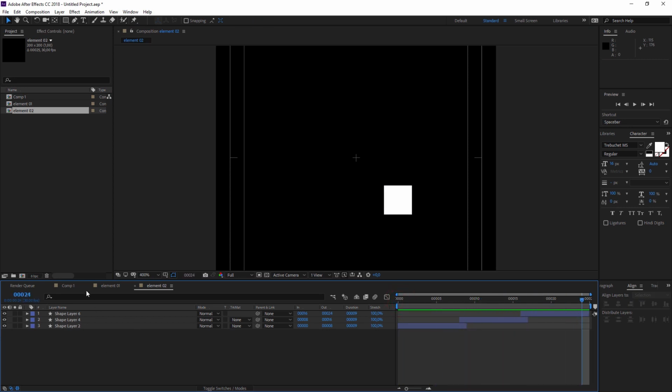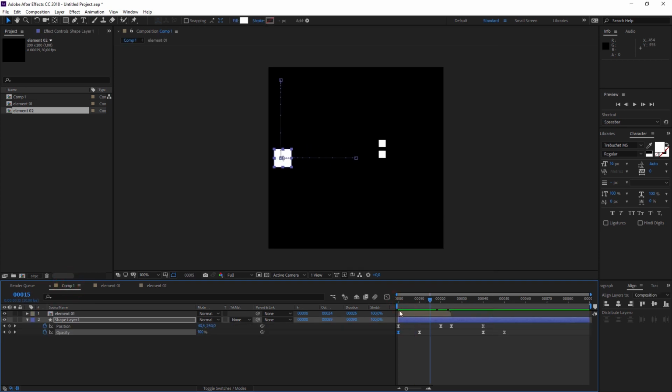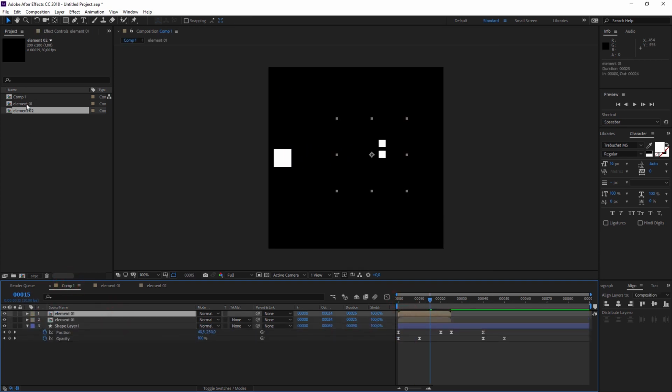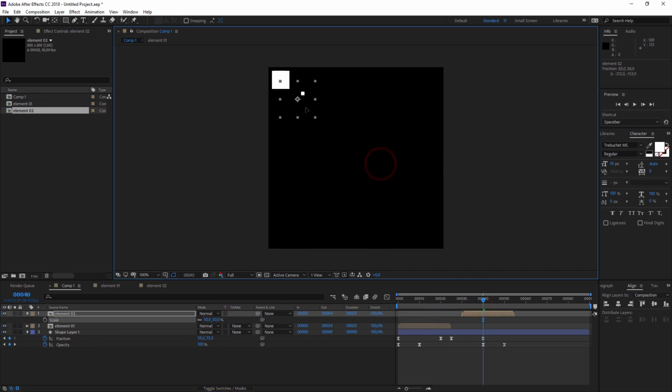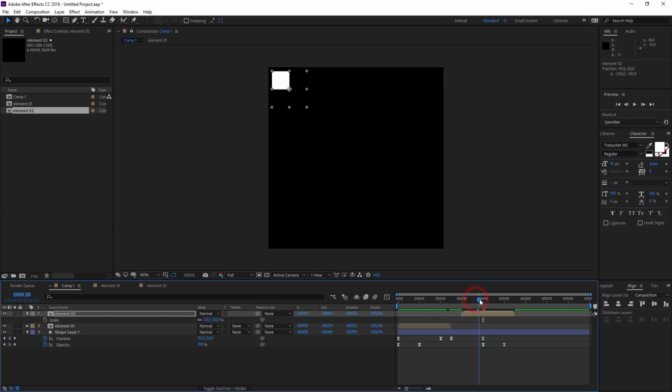Duplicate element, replace with holding Alt, scale this to 50, move it here, so we have this kind of animation. Move the layer, and this is very simple, and I want to add a few more elements